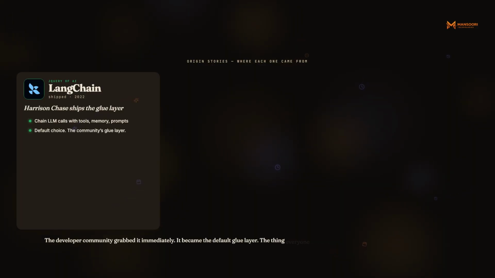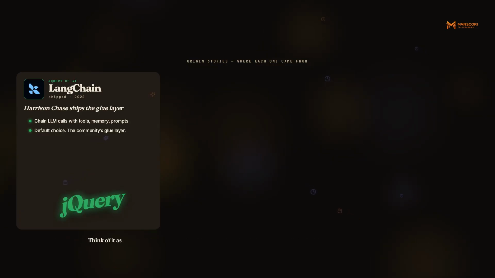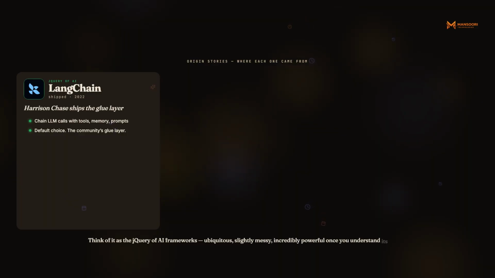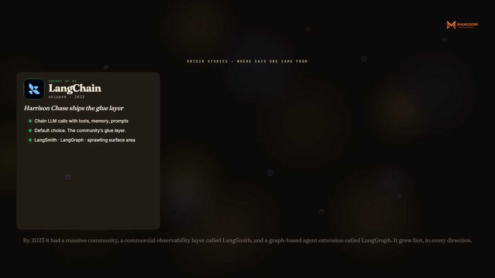It became the default glue layer, the thing everyone reached for when they needed to build something fast. Think of it as the jQuery of AI frameworks. Ubiquitous, slightly messy, incredibly powerful once you understand its quirks. By 2023, it had a massive community, a commercial observability layer called LangSmith, and a graph-based agent extension called LangGraph. It grew fast in every direction.